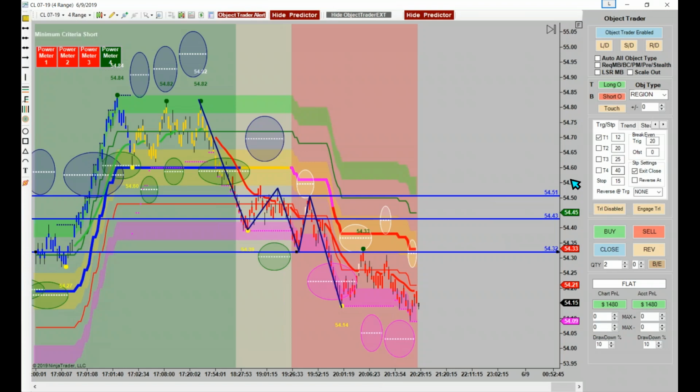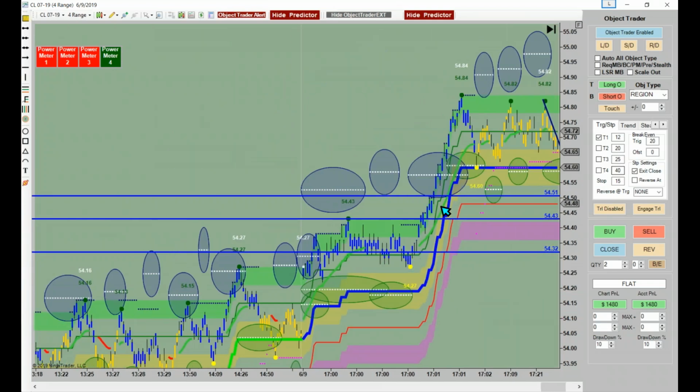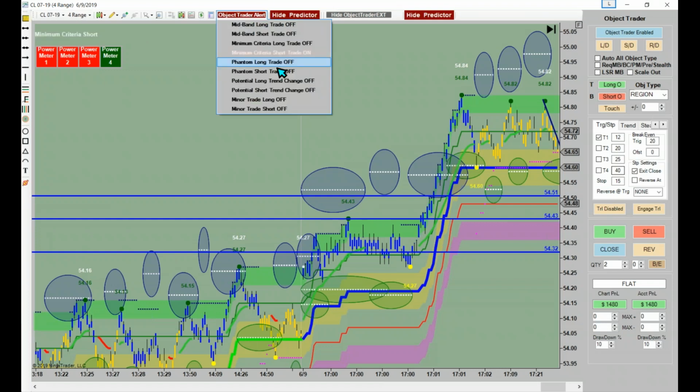And I knew when they shot up like that, keep in mind, when you're trading, if you happen to get a trade like I got, and turn on your little white bars, don't give back a bunch of money like all the way to mid-band. There's no reason for that. Because from here to here is 24 ticks, and that's 240 per contract. But if you use these little tools that we've built into Object Trader,